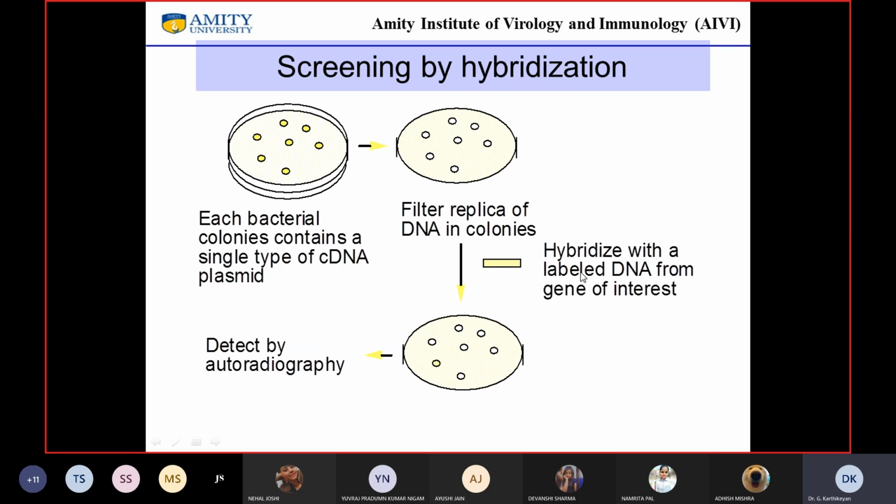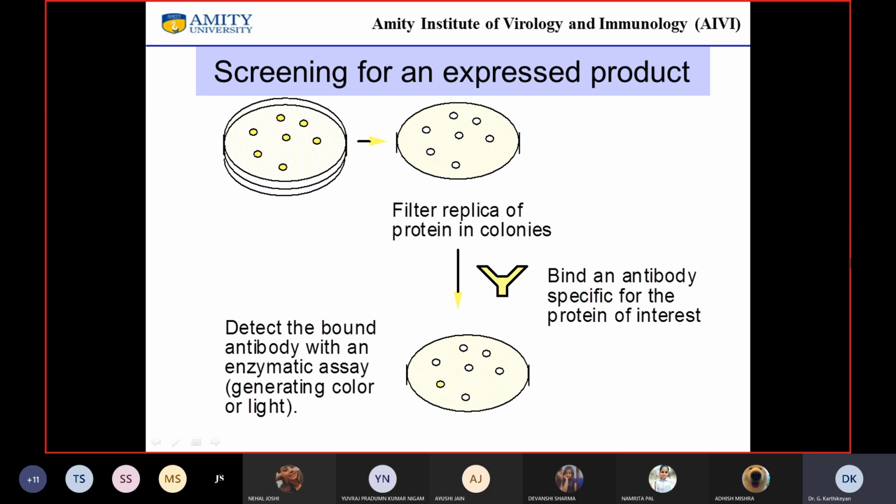You can hybridize them with the gene of interest which you have obtained. You may have a mouse homolog, a rat homolog, a rabbit homolog, any other homolog, right? Assuming that this is the clone that is lighting up, you can detect by autoradiogram, and you can go back to this plate and see which is the colony of interest to you, right?